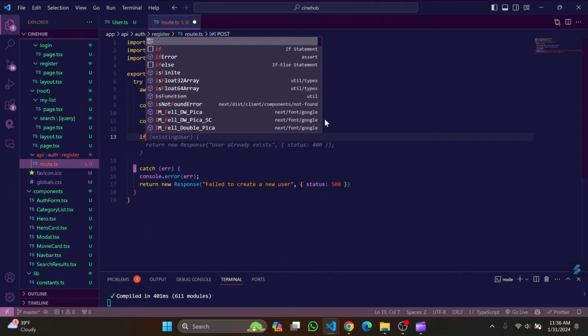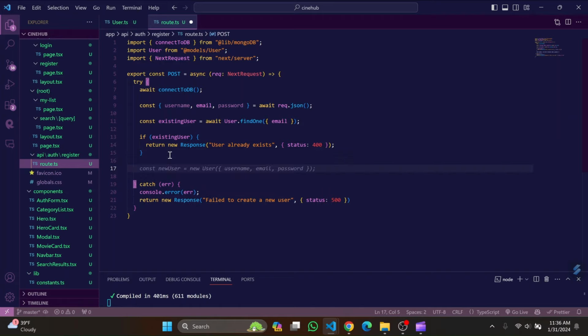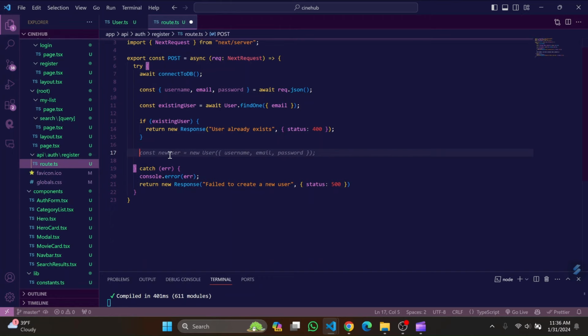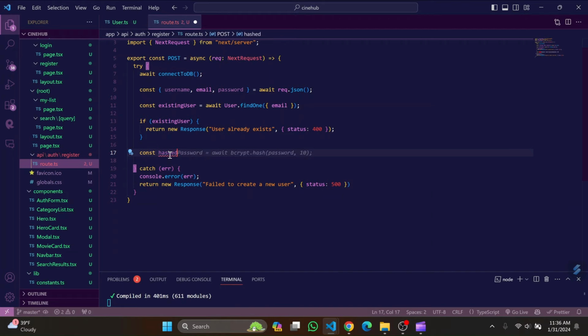Then if the user exists, we will return the new response: user already exists, with the status equal to 400. But if the user does not exist, then we need to hash the password. We cannot store their real password. So I will say hash password